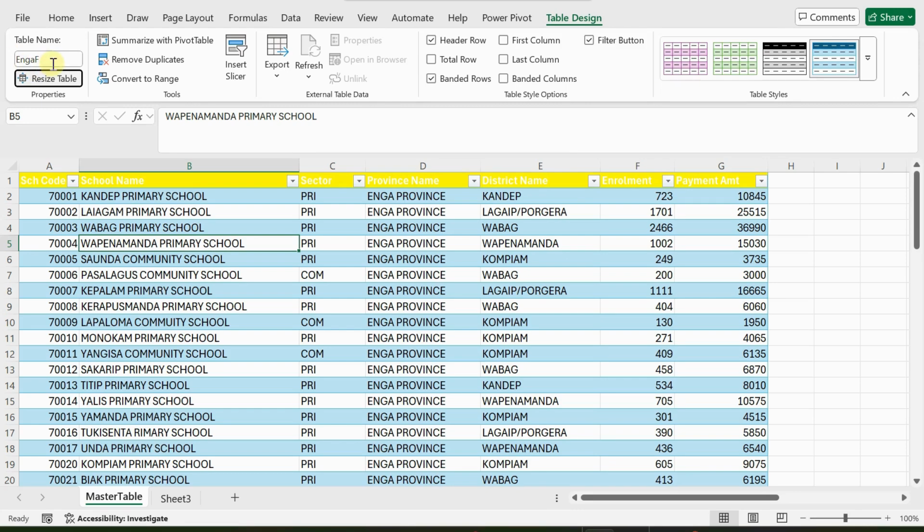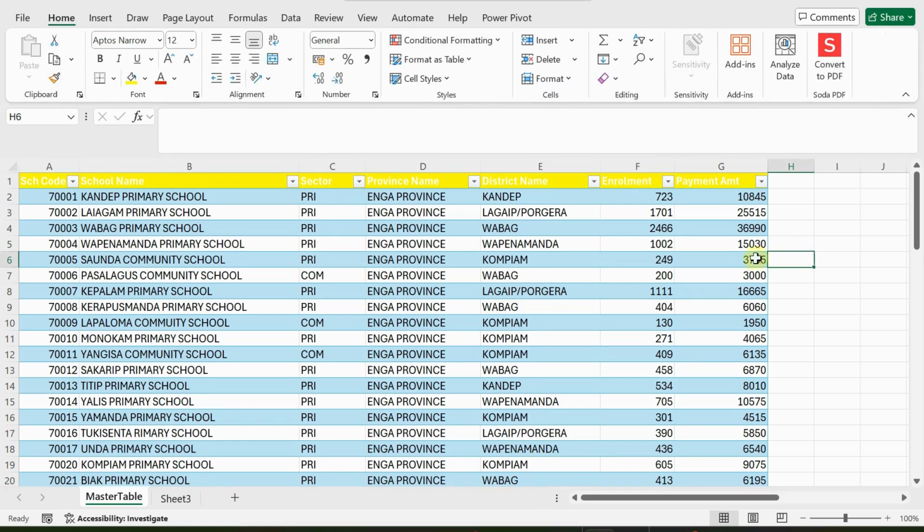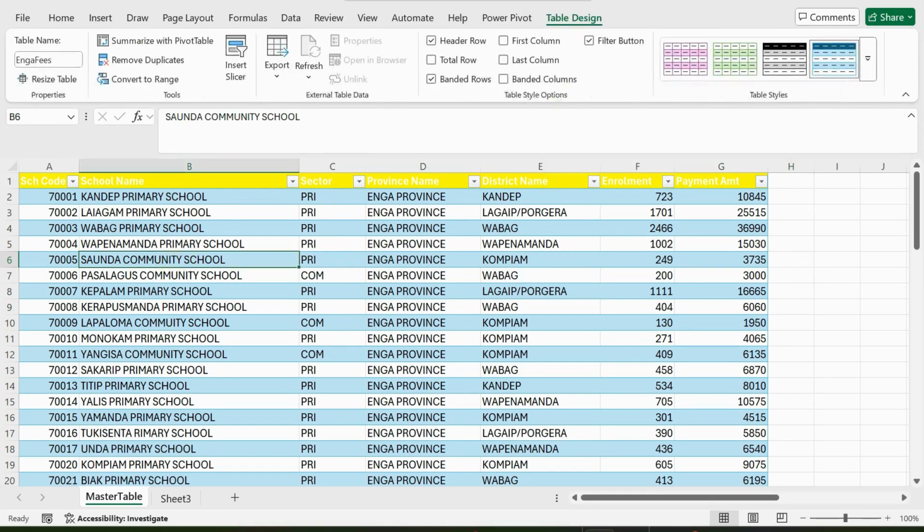Okay, so that's all. I will just name it as anchor fees, or fees for whatever table name that you want to give, and I press enter to accept it. Now you see these filter buttons, and this table design contextual tab is added because this is now in a table format. If I come out of the table, you'll see that the table contextual tab is not there. So I click again and I'll get a table